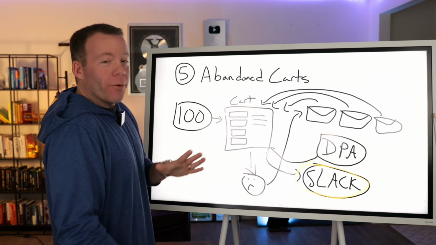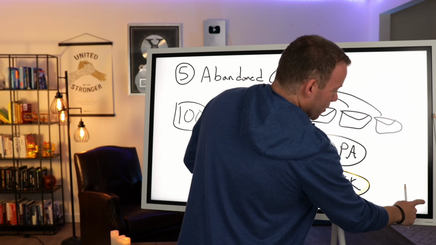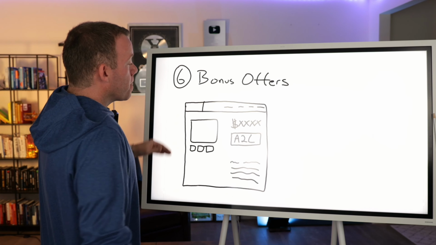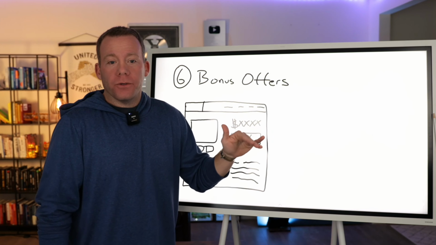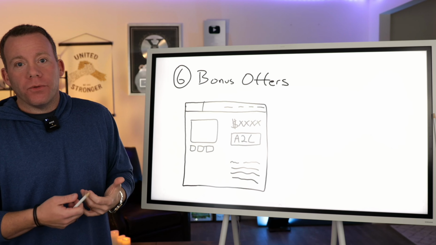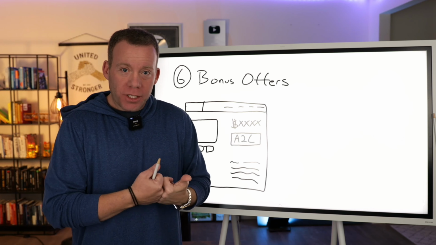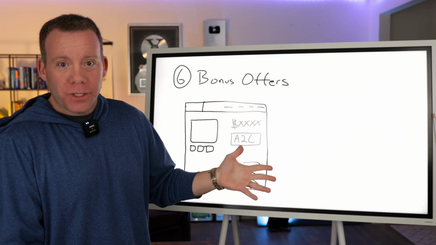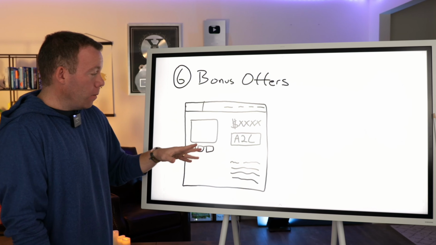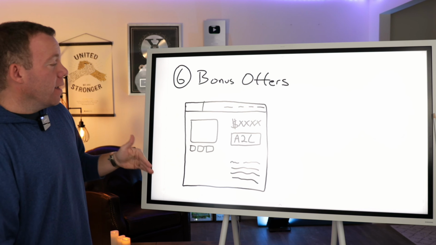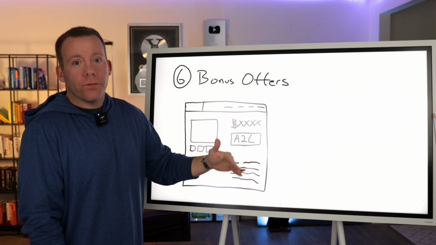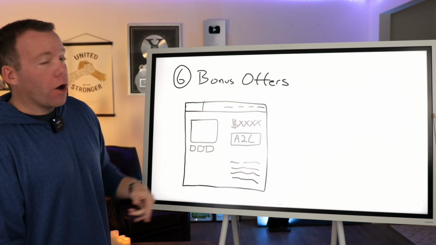Now, okay, we're officially at the halfway point, guys, so let's keep moving and let's get right into number 6 here, which is another huge one, and this is creating bonus offers. Now, what this is really gonna help you do is stand out from your competition, because it is no secret, again, with our business model, with dropshipping, specifically what we do at Dropship Lifestyle, we're going to have competition. So one of the things we need to figure out is how can we get people to choose us over them? And bonus offers are a great way.